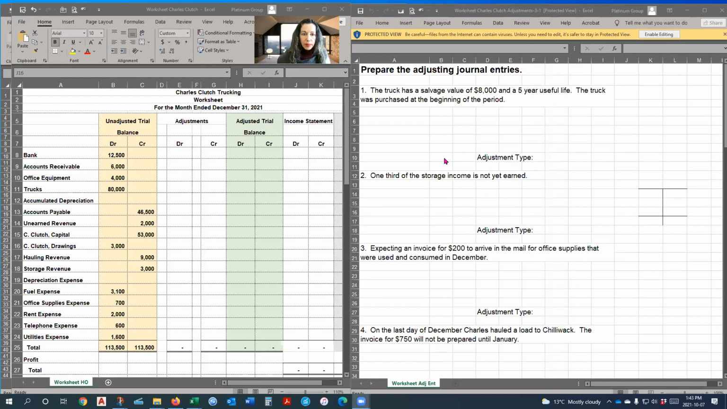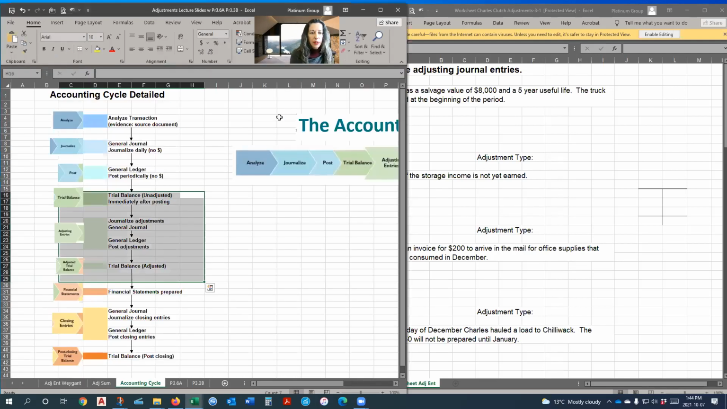Pick up from where we left off, Charles Clutch Trucking. Okay, and we were talking about the worksheet. In the accounting cycle, we're talking about how the worksheet fits in. We analyze the transaction, journalize, post to the ledger,